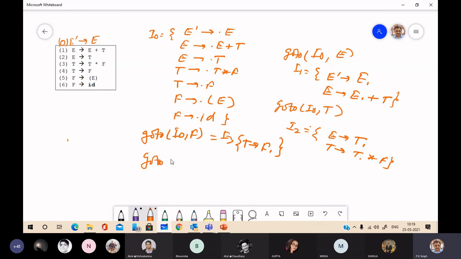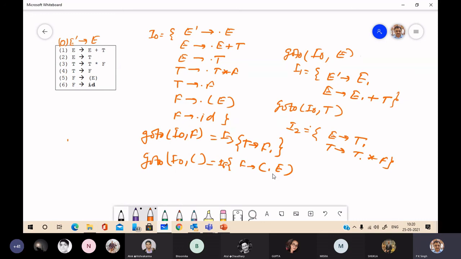Goto(I0, opening bracket) will give I4, F → ( dot E ). Now you have a non-terminal just after dot.